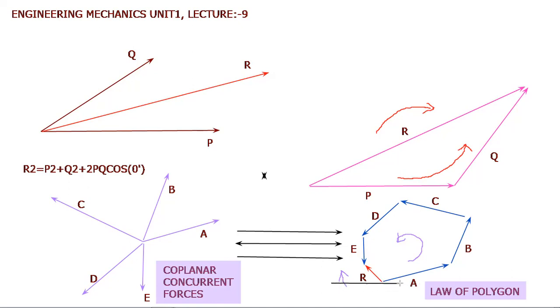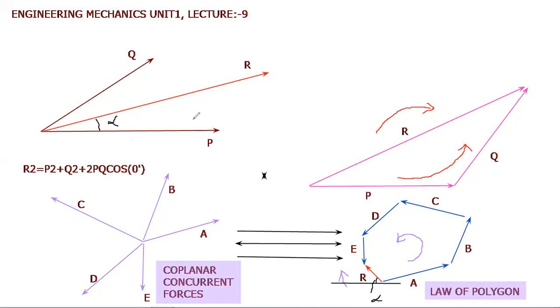We will plot one horizontal line here for this force R. And what we will do, we will find out this angle with the x-axis. The angle made by the resultant with the x-axis is nothing but your angle alpha. So that angle alpha can be directly calculated graphically. Here you can measure it on paper and you can get this angle alpha that we use in this formula, that is the tan alpha. That is also the angle made by the resultant with the x-axis. That angle is also alpha, the same angle.